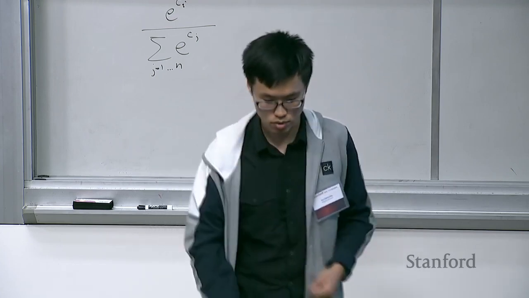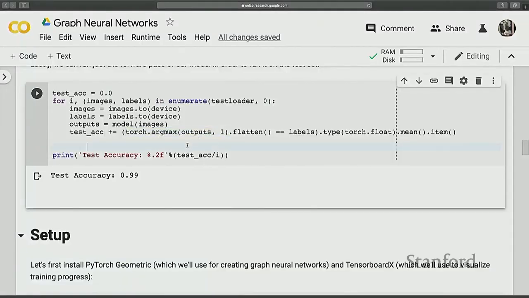So in that case we are picking the argmax, and you can treat this as your predictions. torch.argmax tells you where the maximum is. And of course you can flatten it. So this is your predictions,